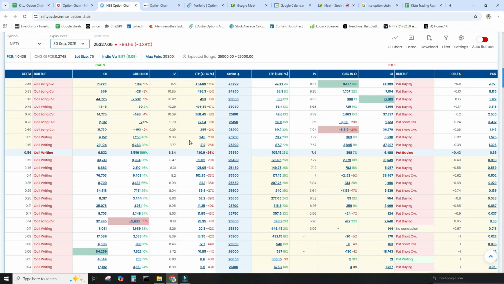If you see, as of now the market is in a bearish segment. You can see a lot of put buying happening in the market, even at the money area and even in this area also. Okay,